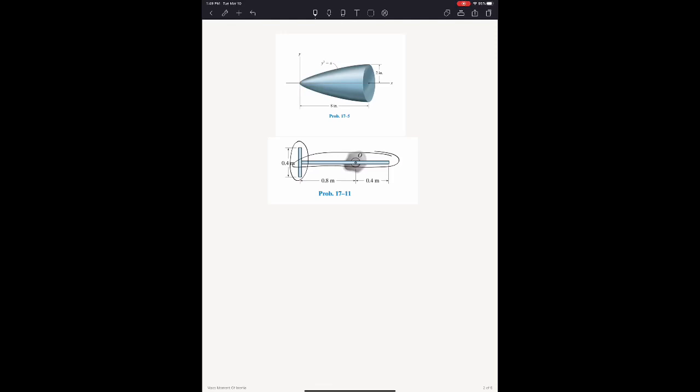I'll just go ahead and tell you the moment of inertia of a rod like this. Let's say you've got a rod, and you want the moment of inertia of this object. It has a length, what I'll call L. It has a mass m. The moment of inertia is equal to 1/12 mL squared. But this is incomplete